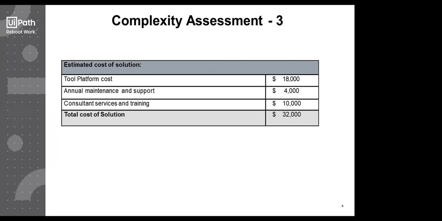So the before was, before the automation was done, how much was the cost, and this is the after, that is the tool cost and the annual maintenance cost. So these are just numbers, these are not the actual figures, they may vary. And for that, you can get in touch with your UiPath sales team. They'll be the best person to answer that.